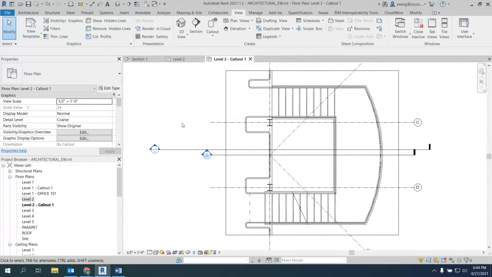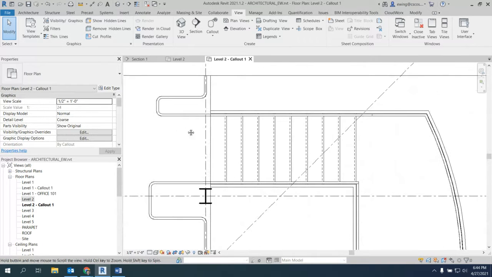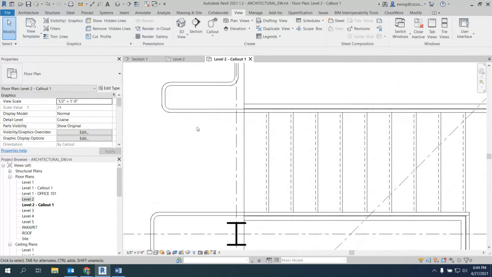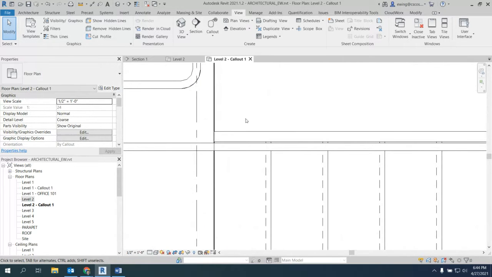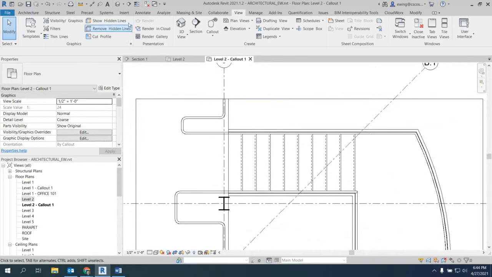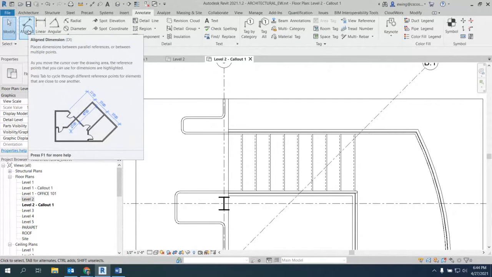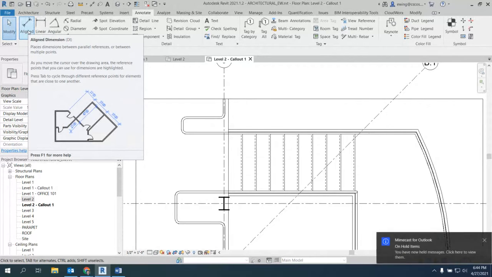Okay. Perfect. Now notice that we can get in here and we can start dimensioning stuff. We can annotate stuff, right? So the first couple dimensions I'd want to put in, if we zoom into this area, I want to dimension the inside of our stairs, right? So if we go to the annotate tab, and if we click aligned for aligned dimensions, and click that,